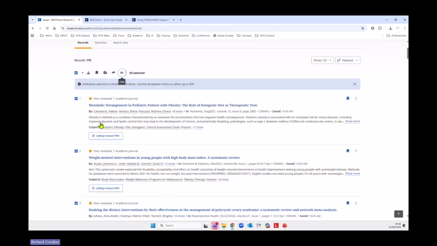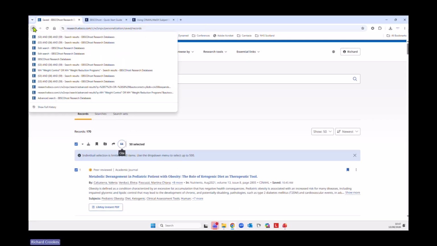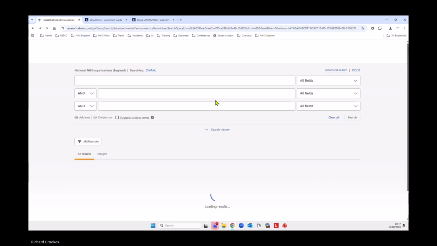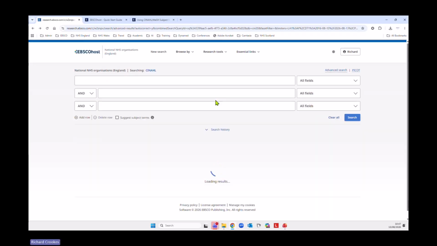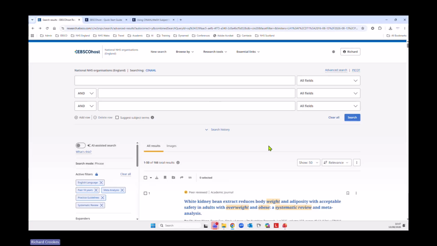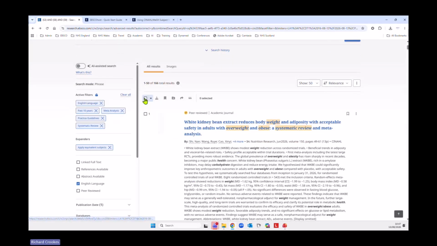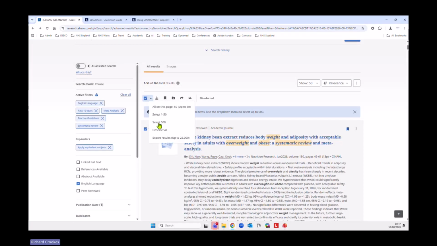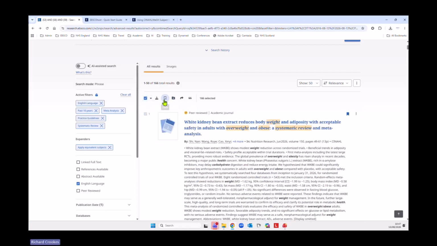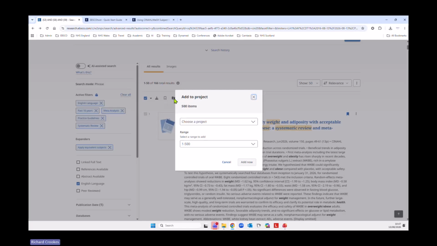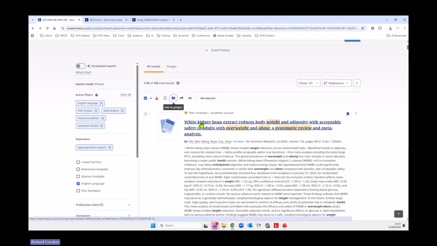But if we go back to the search screen, again, from the list that we saw, we've got 166 records, we can then select these, and with the 500 selected, we can add to the project. So if we have a project that we're working on, it could be an assignment, it could be an evidence search, and you've created the project beforehand. For example, this one here, I don't think I've got one actually. So what I can do here is create a new project. It'll allow me to do that, and I can put in